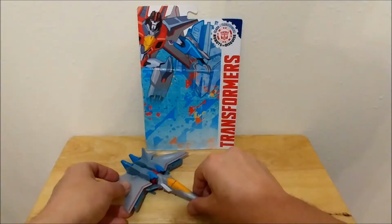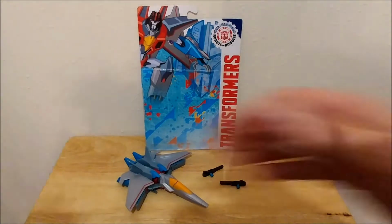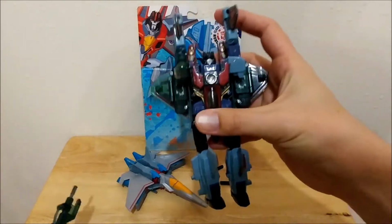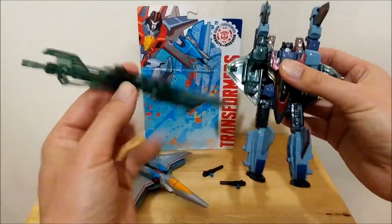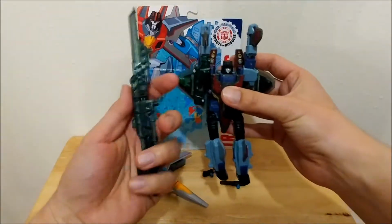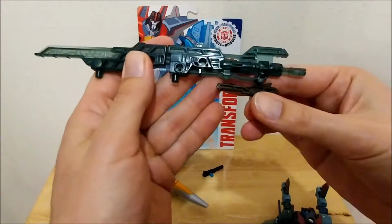I thought it'd be fun to show off just real quick the Transformers Energon Starscream. This is him. Interesting design. His arms are up. Never mind that. They're tricky to get back down. I was doing an amusing picture for Twitter. But I just wanted to show this guy's gun, which is... I mean, this is his gun, and you can see it's as tall as he is, right? So, compared to this, I mean...